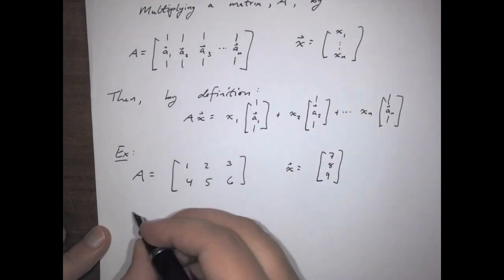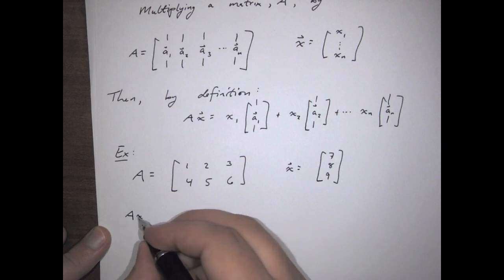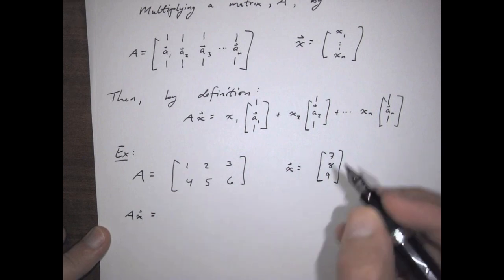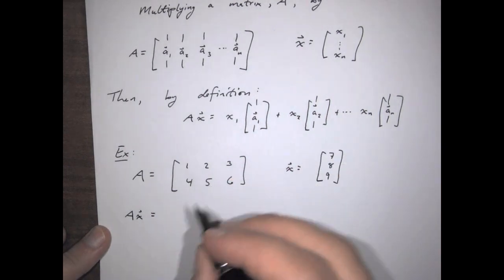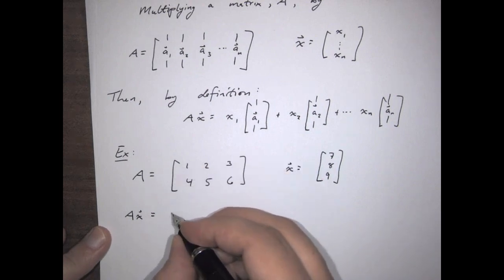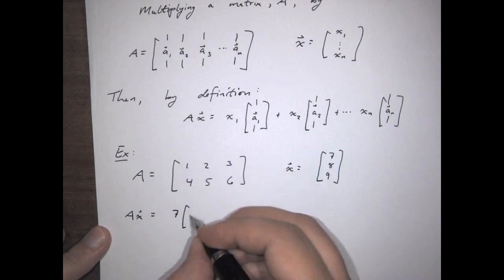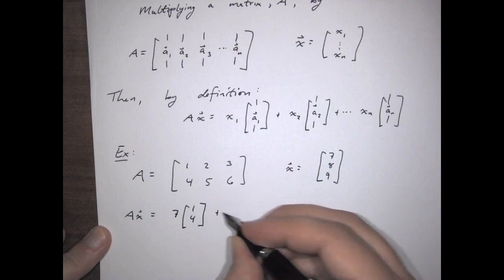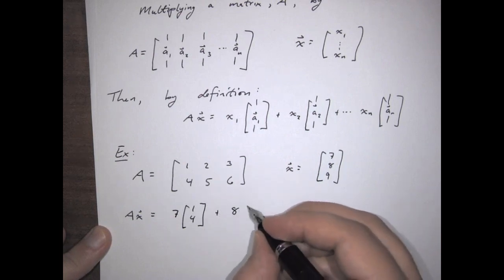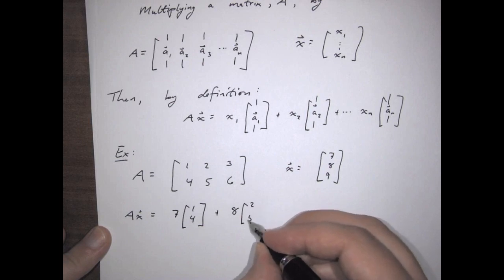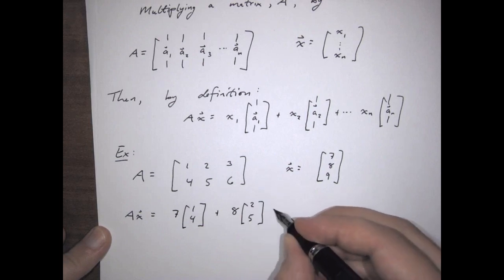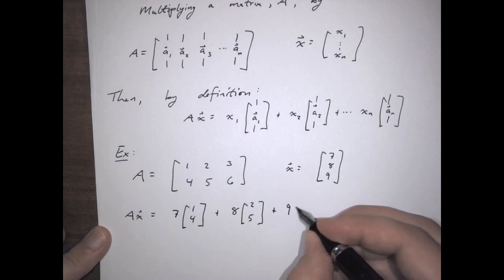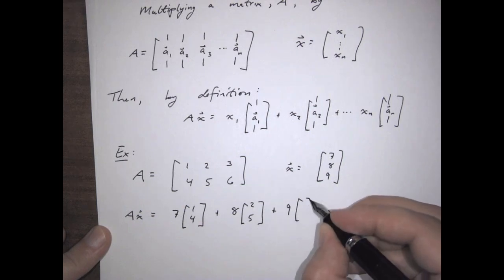So then, AX would equal the first entry of x times the first column of A, so that's 7 times 1, 4, plus 8 times 2, 5, plus 9 times 3, 6,